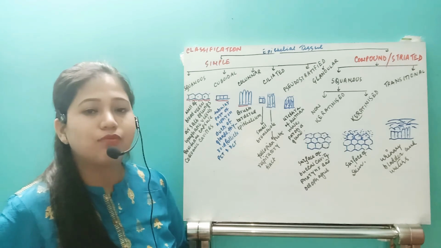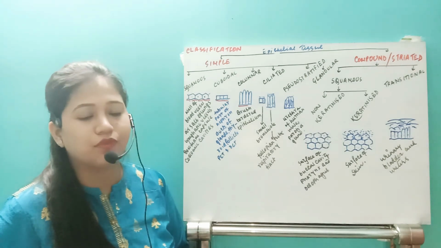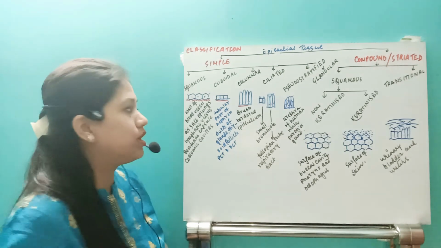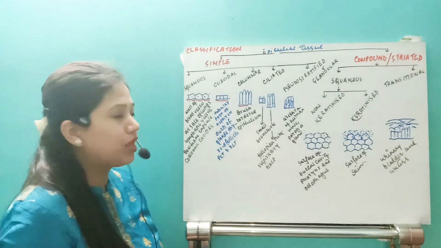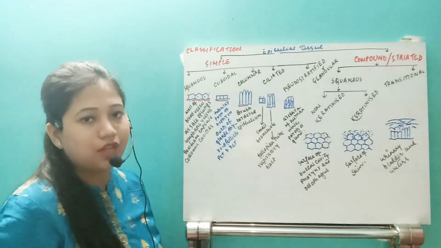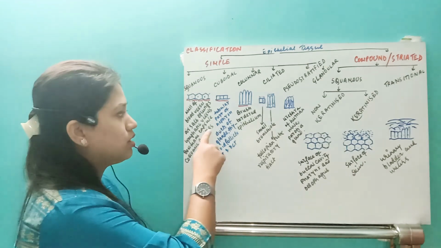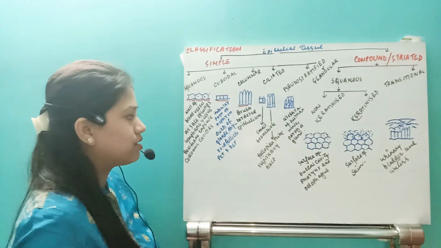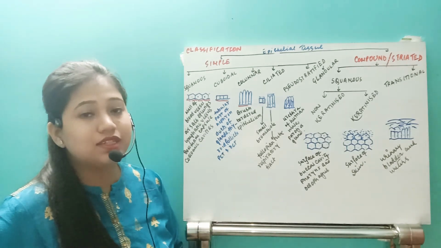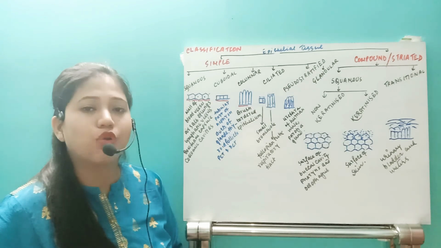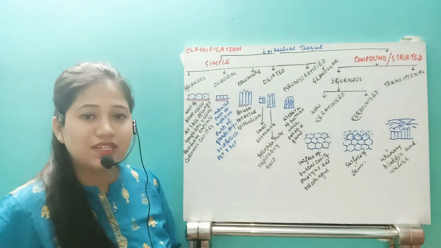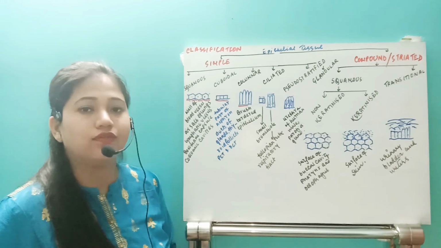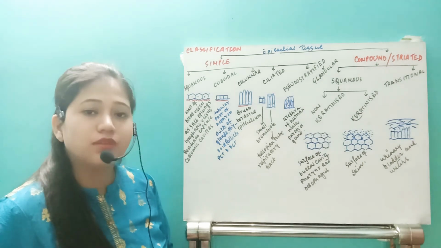Now the second type of simple epithelial tissue is cuboidal. Cuboidal cells will be cube-like, as seen here. This cuboidal simple epithelium will be present in the tubular parts of the nephron, the ducts of the glands, thyroid follicle, PCT and DCT. PCT means proximal convoluted tubule, and DCT means distal convoluted tubule of the nephron. We are going to have the cuboidal type of simple epithelium.